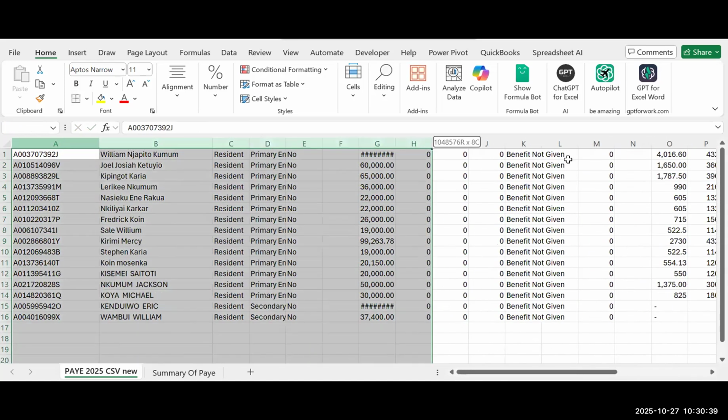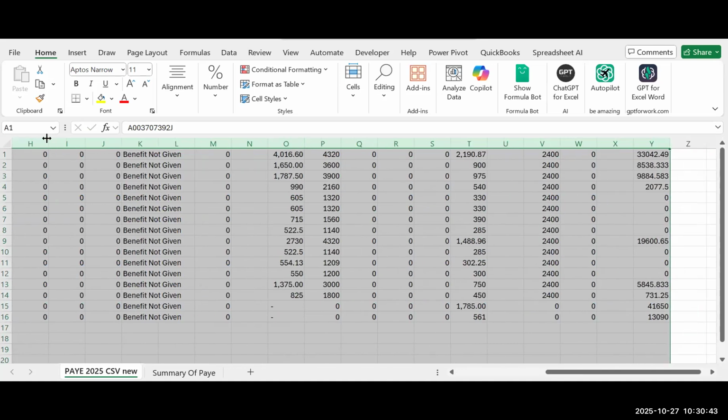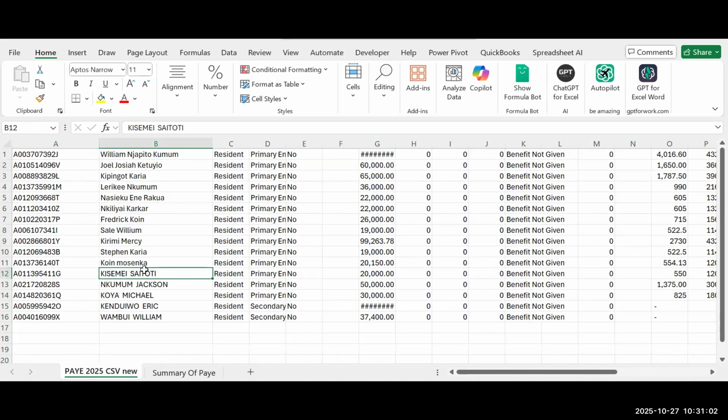Just need to select up to column Y, then you can rename it in the name box here. You can just say pay data or this is CSV P10 data. You click the enter. So